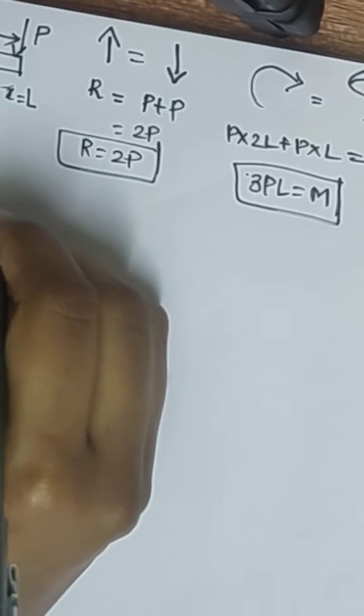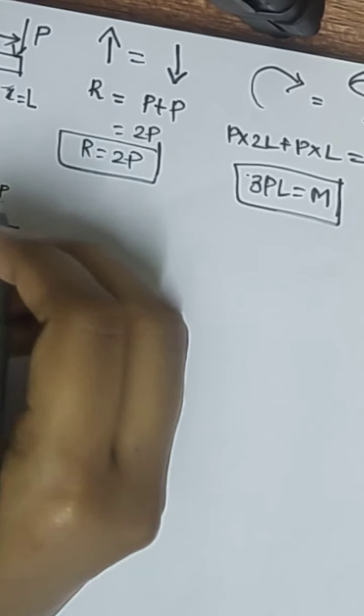Here also there is no other load, so it will be constant P because there are no other lateral loads present, and another P is coming. So P minus P is 0. Till here it is P and here it is 0. Okay, finally we get this. So here positive and here also positive shear force.